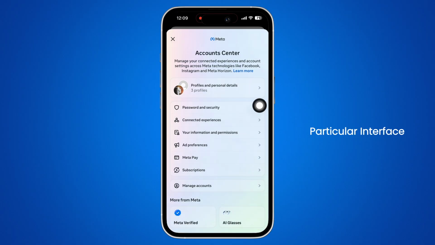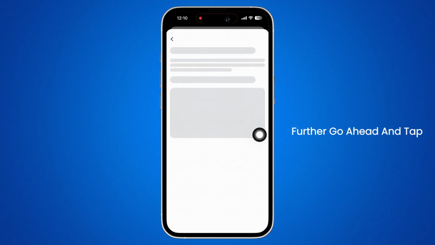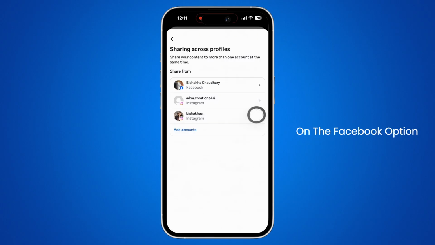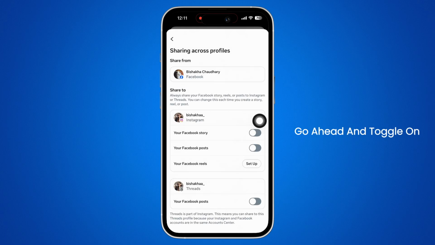Now, in this particular interface, go ahead and tap on the connected experiences option you see there, and under the content tab, tap on the sharing across profiles option. Further, go ahead and tap on the Facebook option you see there, and then go ahead and toggle on the toggle button for your Facebook post in order to share your Facebook post to Instagram, and with this,